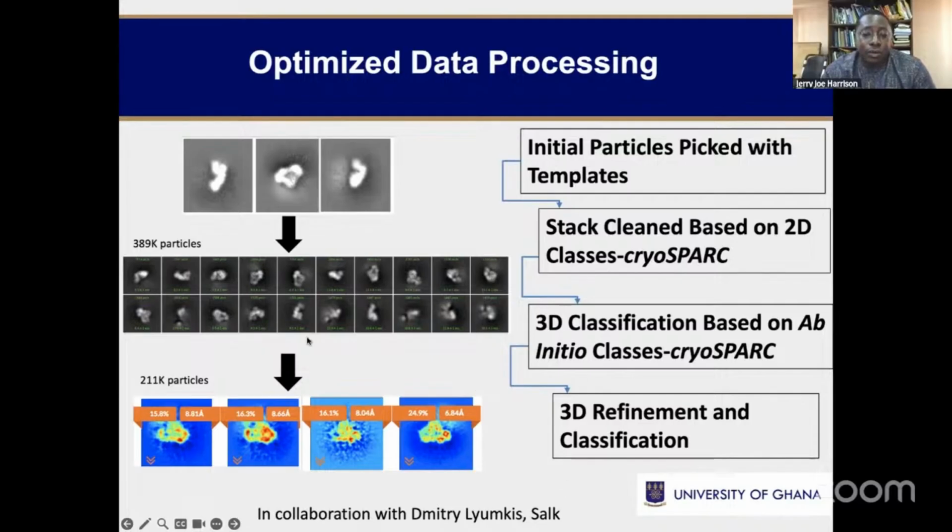This is just the workflow that we did, and everything we did was in CryoSPARC initially, and then later we had to do some other work in other software, but most of the work that we did in Dimitri's lab, we used